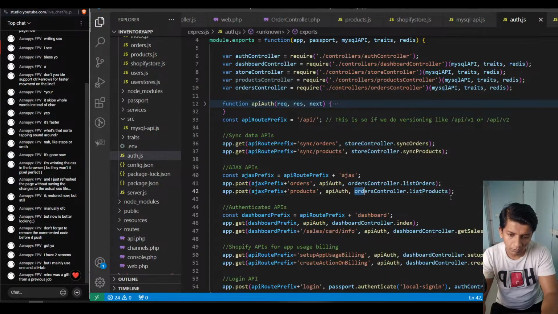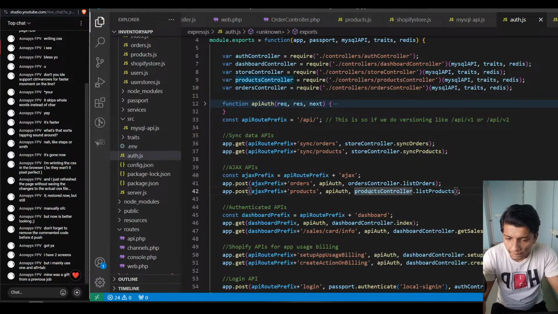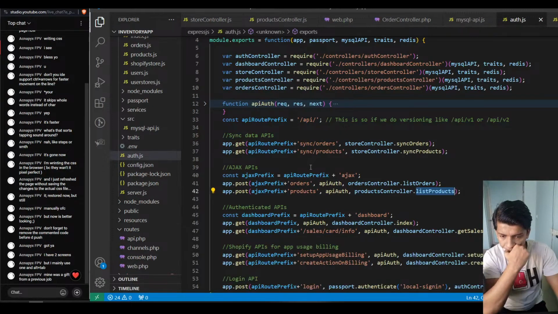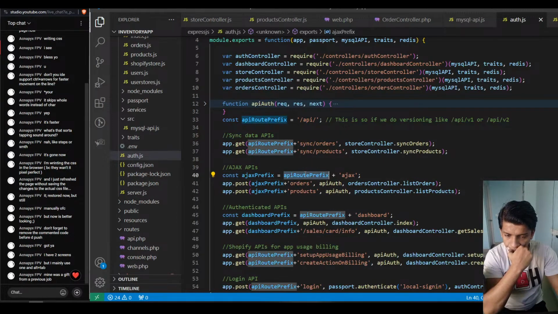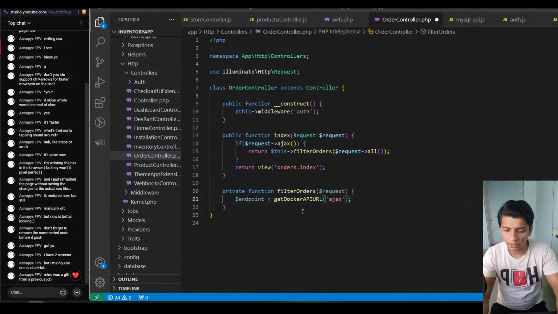Actually, this would be products controller dot list products. Ajax slash orders, right? So Ajax slash orders. Headers would be